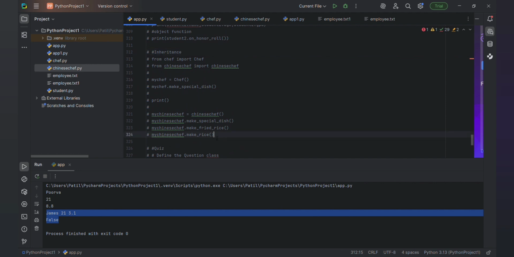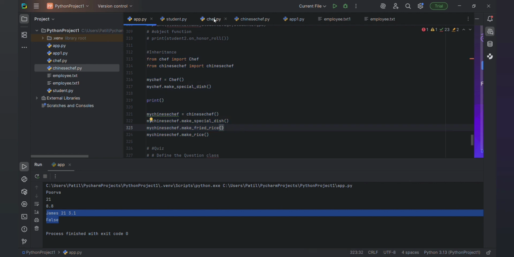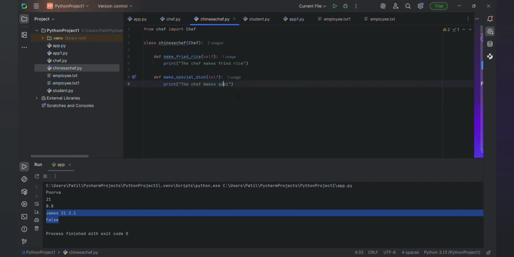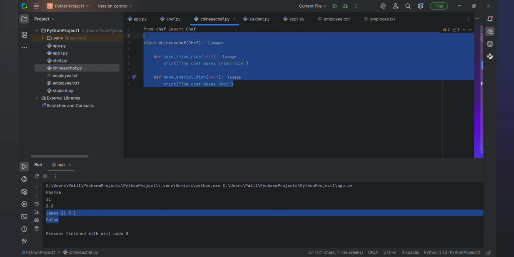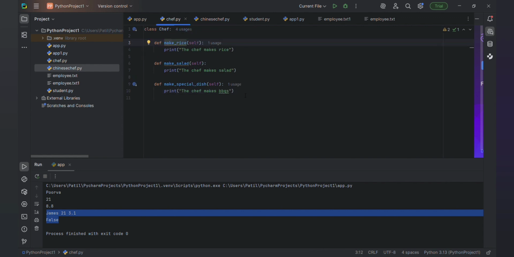See, in inheritance I have said the definition: the subclass inherits the properties from the superclass. In our example, consider Chinese chef as a subclass, and chef is a superclass.